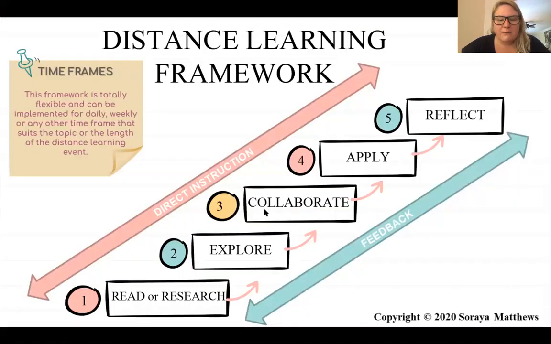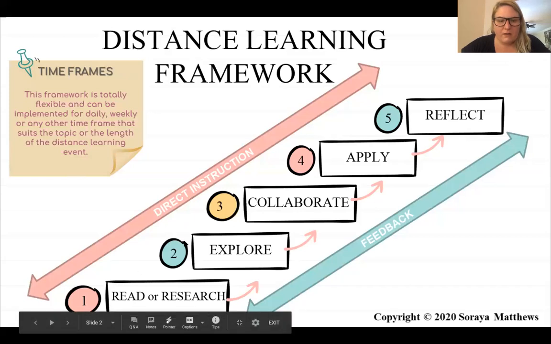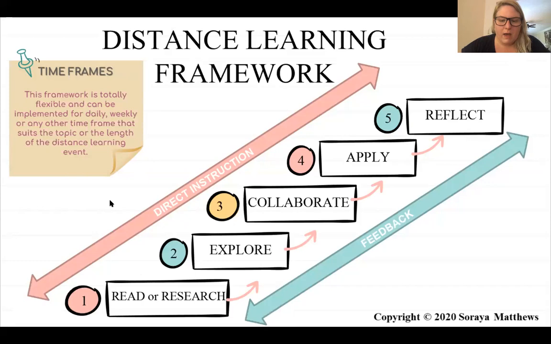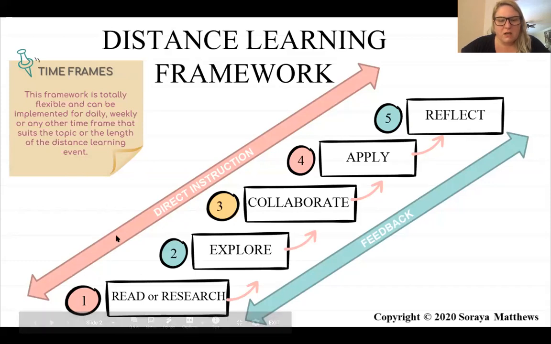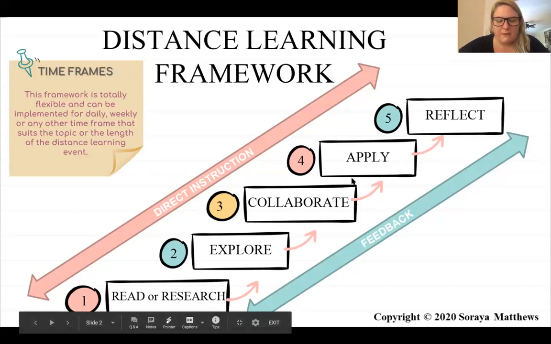Okay, so if we're looking at the framework, and of course this is all on your own time, daily, weekly, or whatever time frame you have, the first part is read, research, next explore, collaborate, apply, and then reflect. So I'm going to show you my favorite tools, or some of my favorite tools for each of these